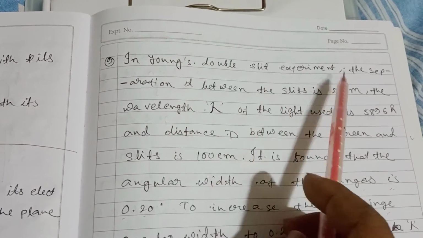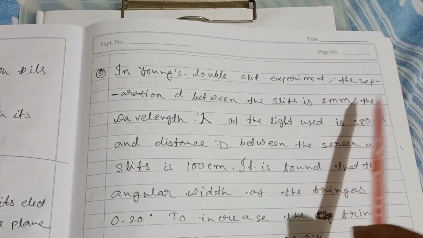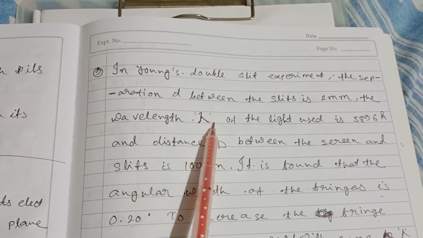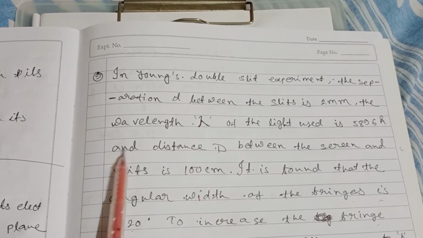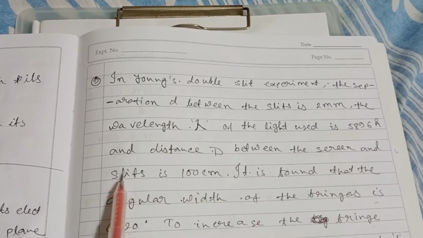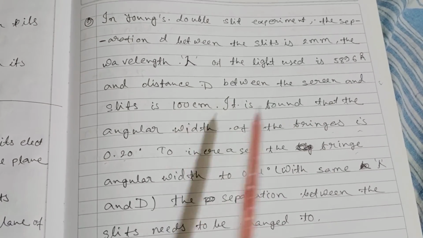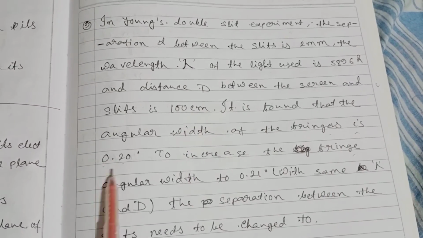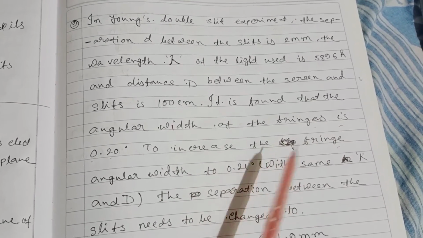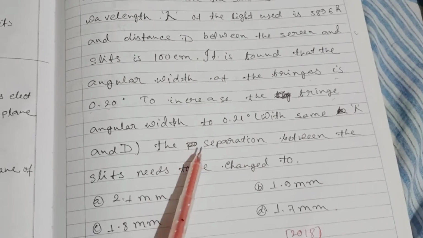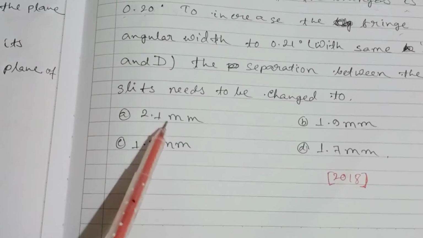In Young's double slit experiment, the separation d between the slits is 2 millimeter. The wavelength lambda of the light used is 5896 angstrom, and the distance D between the screen and slit is 100 centimeter. It is found that the angular width of the fringe is 0.2 degree. To increase the fringe angular width to 0.21 degree with the same lambda and D, the separation between the slits needs to be changed to: